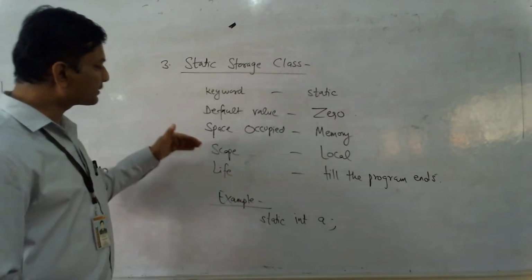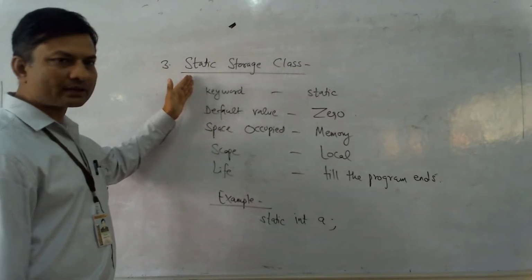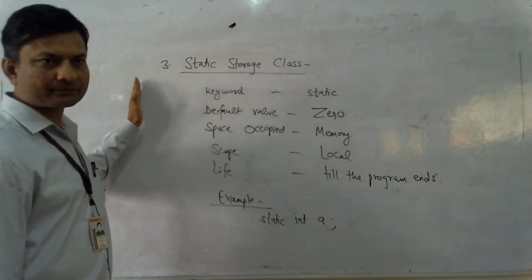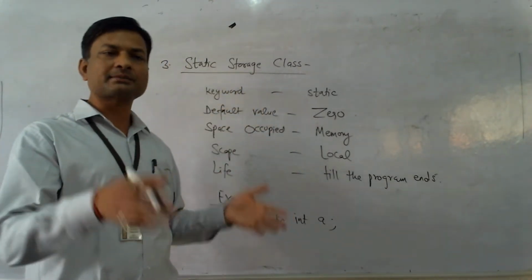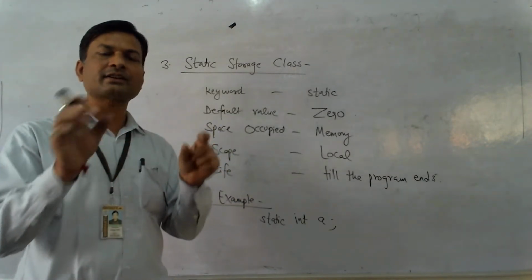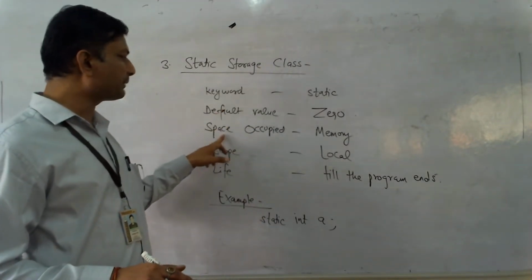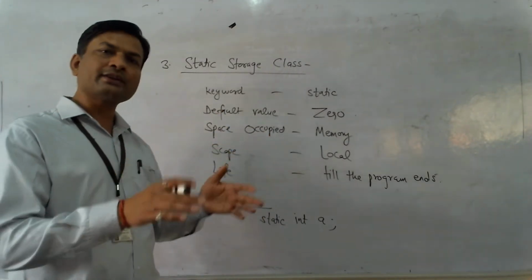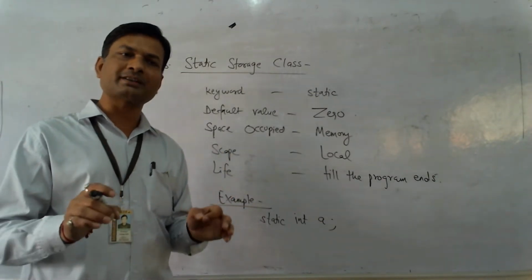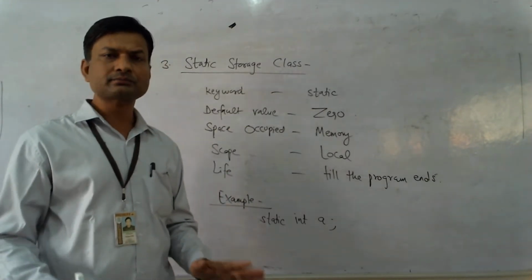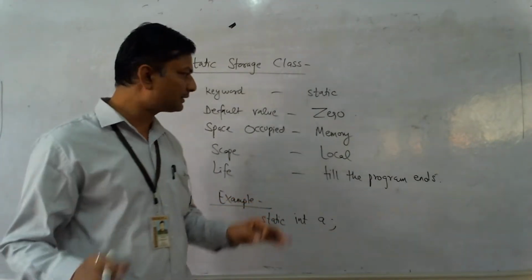So, to explain scope and life and all these things, I will compare static storage class with automatic storage class. I can also compare static storage class with register storage class, but we know that static and register storage class are almost the same. The only difference is the place where the variable will occupy space. In automatic storage class, the variable will occupy space in memory, but in register storage class, that variable will occupy space in CPU register. This is the only difference. Otherwise, all the features of register storage class and automatic storage class are the same.